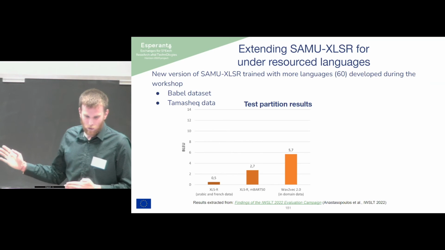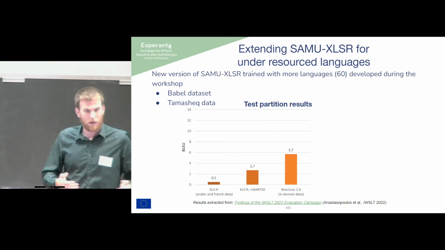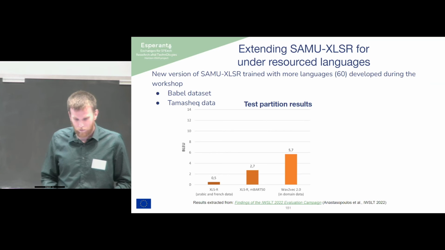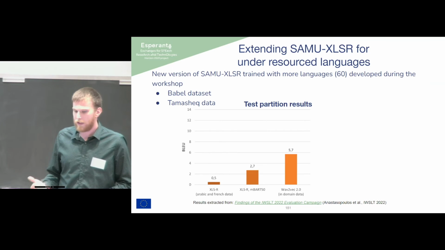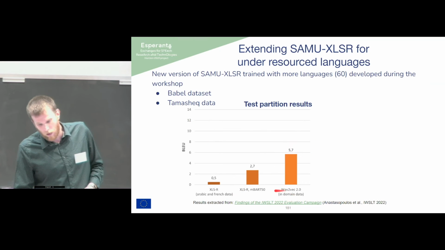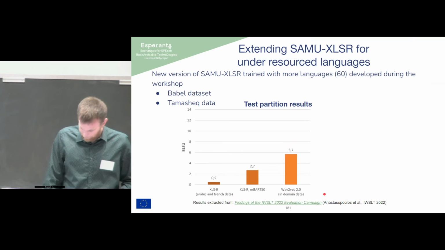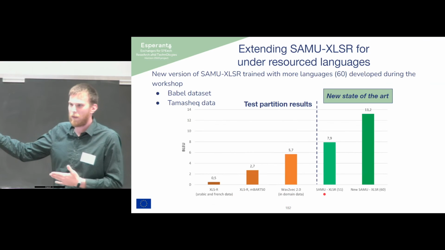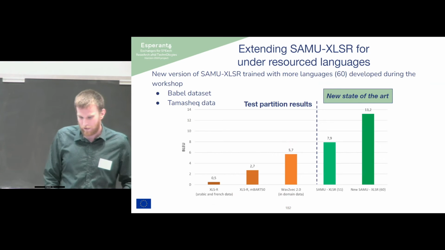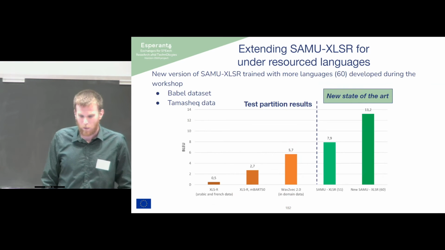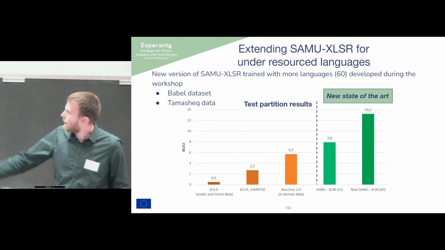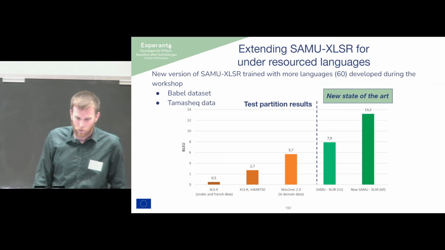Let me just first show you some previous results. I think they are the exact same that Santosh showed a few minutes ago. So this is just the BLEU score from Tamasheq to French for the systems that participated in the original challenge. And as you can see here, the best result was 5.7 BLEU using a wav2vec system trained with in-domain data. So these are the results we've been talking about for a while that you were expecting. We evaluate here the previous version, the original version of the SAMU-XLSR with 51 languages, and the new version trained with 60 languages. And as you can see here, we are setting a new state of the art on this task with a 13.2 BLEU score.